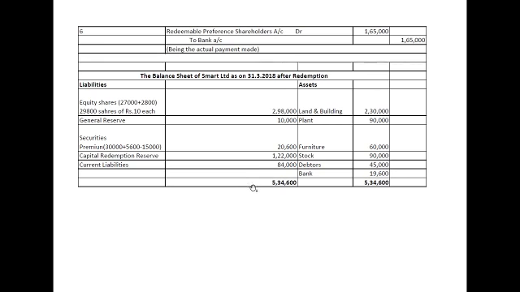Ultimately, the liabilities and assets should tally. So kindly go through this solution once again